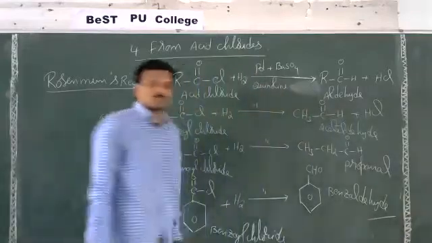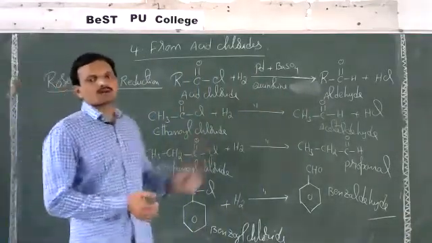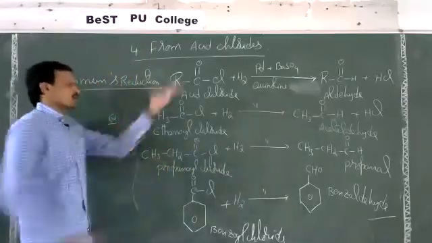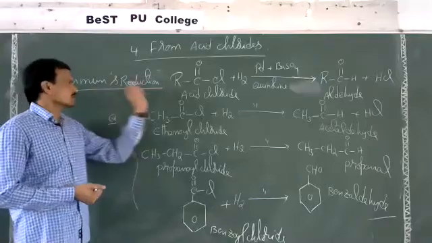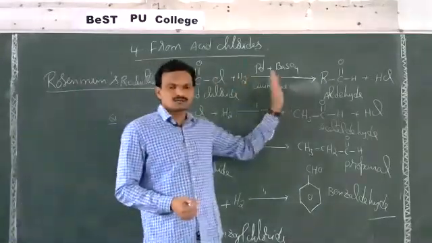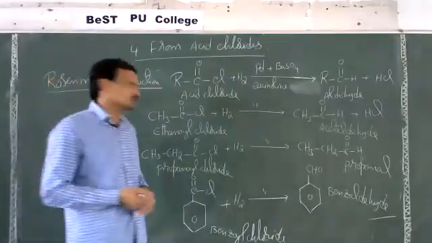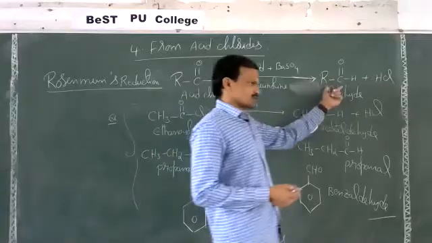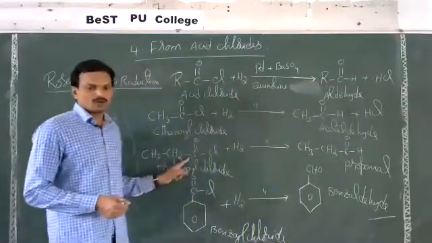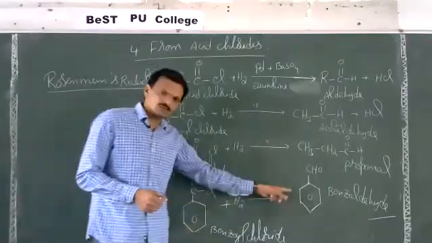also called benzene carbaldehyde, either benzaldehyde or benzene carbaldehyde. See, once again, like that we can produce any aldehyde here. So reduction of acid chlorides in the presence of Lindlar's catalyst, that is palladium plus barium sulfate in quinoline or a sulfur-containing compound, gives aldehydes. Acetyl chloride gives acetaldehyde, propanoyl chloride gives propanaldehyde, benzoyl chloride gives benzaldehyde.